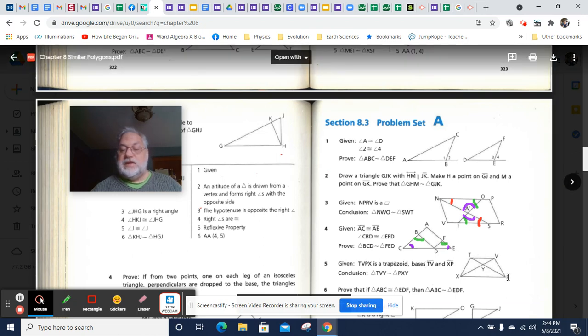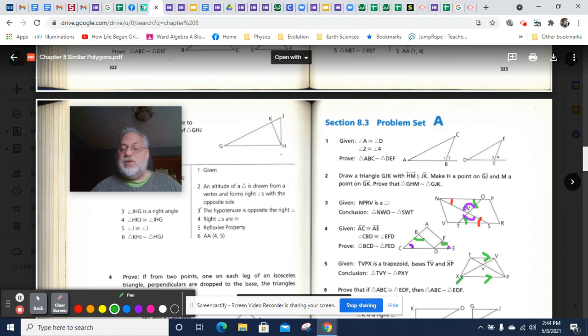Bases are TV and XP, which means when we define the bases, we've told you that they're parallel. So this is parallel to this. That's what that tells you, which is going to open up some transversal stuff. So we are going to try and prove that TVY and PXY are similar triangles. And it's not too hard to prove once we've got TV is parallel to XP, because